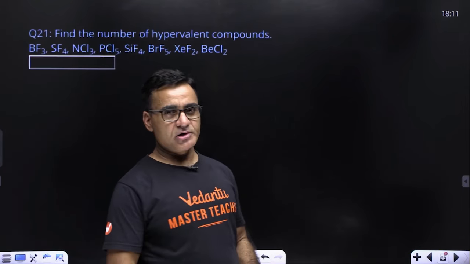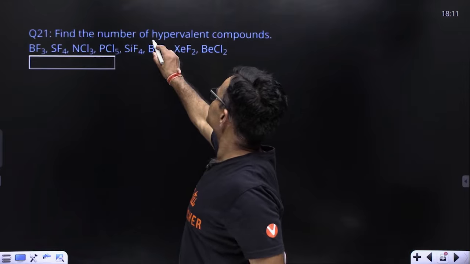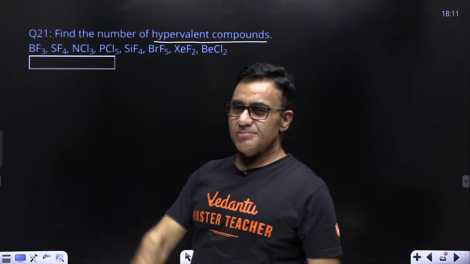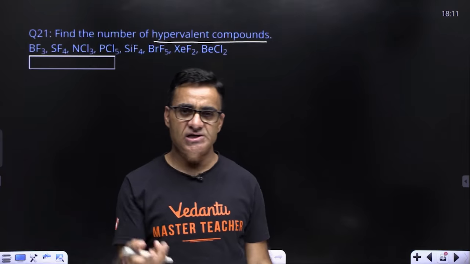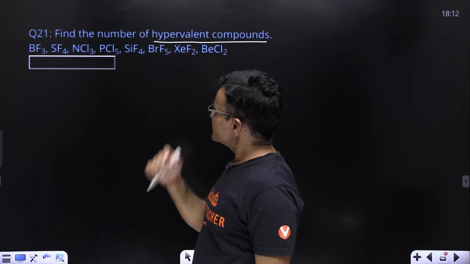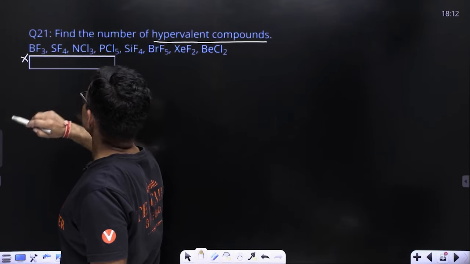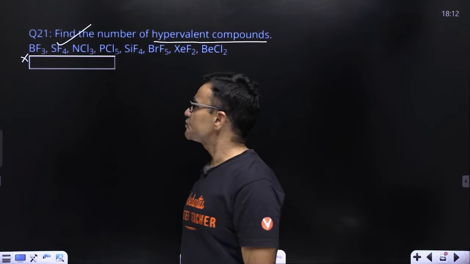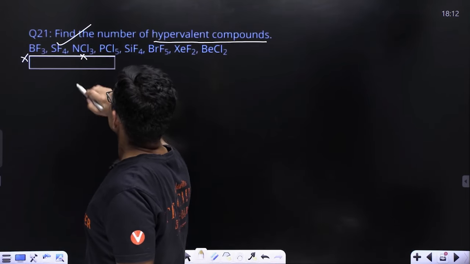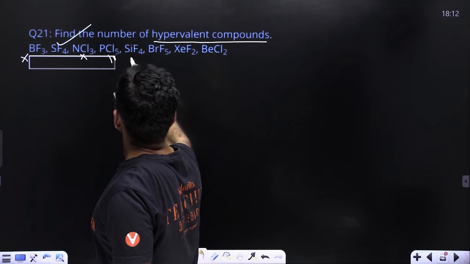Another question of chemical bonding, बहुत सिंपल सा क्वेश्चन है, आपको बताने हैं नंबर ऑफ हाइपरवैलेंट कंपाउंड्स। हाइपरवैलेंट कंपाउंड्स वो कंपाउंड्स होते हैं जिसके अंदर सेंट्रल एटम में 8 से ज्यादा इलेक्ट्रॉन्स होते हैं। तो लेट्स काउंट, BF3 में नहीं है, इसमें टोटल 6 इलेक्ट्रॉन है वैलेंसी शेल में। SF4 में है 6 इलेक्ट्रॉन सल्फर के, 4 इलेक्ट्रॉन फ्लोरीन के, टोटल 10 इलेक्ट्रॉन। NCl3 में भी नहीं है, हो ही नहीं सकते, इसमें भी 10 इलेक्ट्रॉन है।